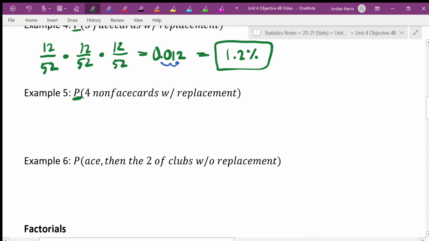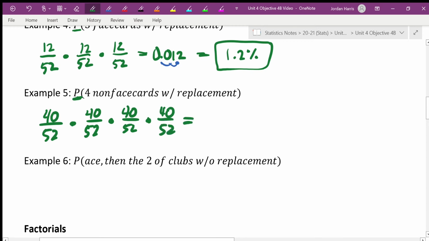So non-face cards, there are 12 face cards. That means there are 40 non-face cards. So it's 40 out of 52 for the first card, and then 40 out of 52 for the second card, since I'm replacing it, putting it back and shuffling. And we get 4 of those. Okay, so I multiply, and I get 0.350, rounding to the 3rd decimal place, and I get